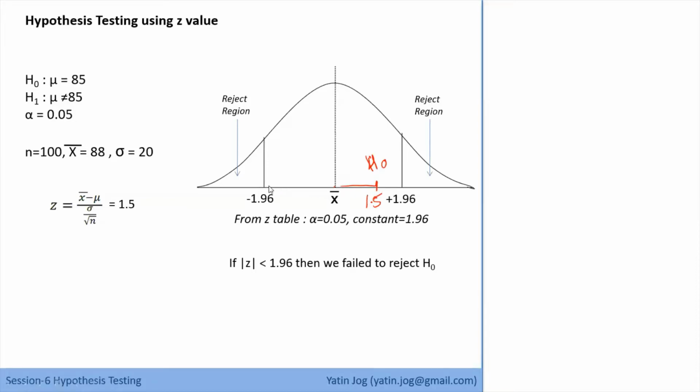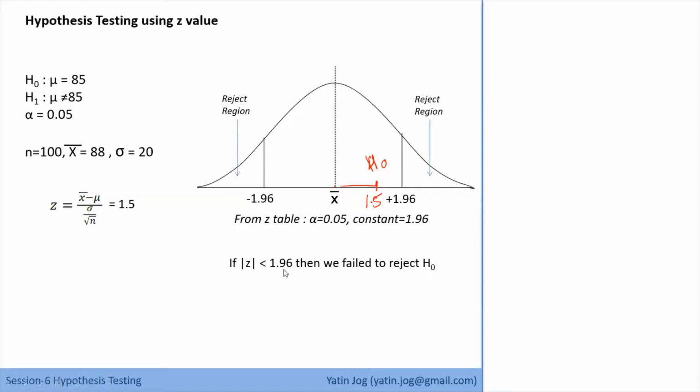And this is part of the accept region. So what I'll say is we fail to reject H0. How can I write this condition? This condition can be written as: if the value of Z is less than 1.96. On this side, any distance which is less than 1.96 means my H0 is in the accept region. Similarly, on the negative side, to cancel the sign I'll take the mod of Z. Again, if the mod of Z is less than 1.96, that means my H0 or my assumption is in the accept region.